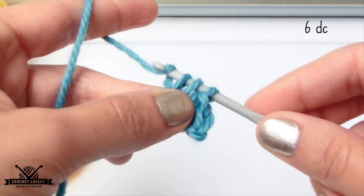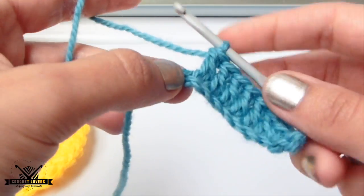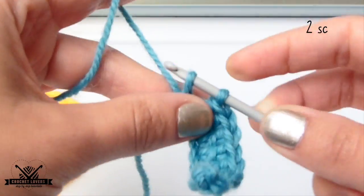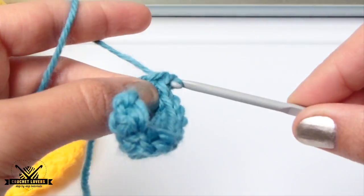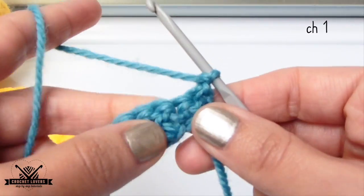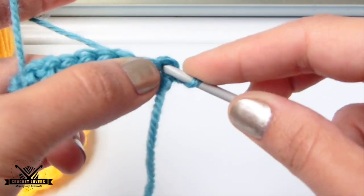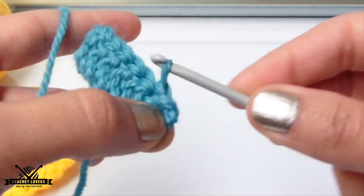This first row is the same as for the first emoji's mouth. After those 6 double crochets, we make 2 single crochets and we have finished the first row. For the second row, we'll make 1 chain, twist the project, and we'll make 2 slip stitches, 1 and 2,